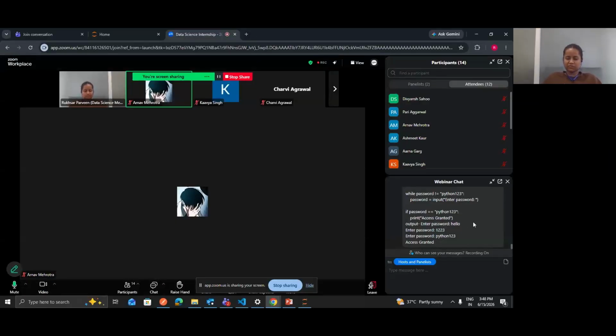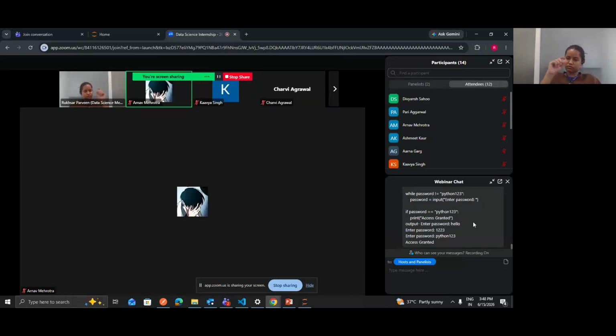So Kavya, just one point: in Python, indentation is very important. In this while loop, first you need to take a variable which is empty for the password. After that, you are checking whether it is Python 123 or not, and then again you are checking if password is equal to Python 123.